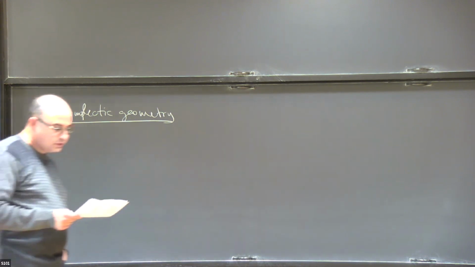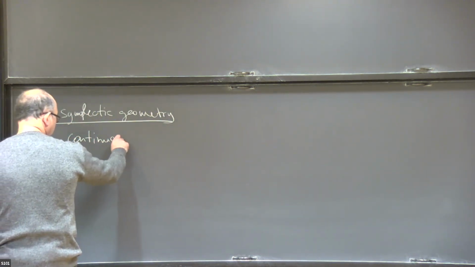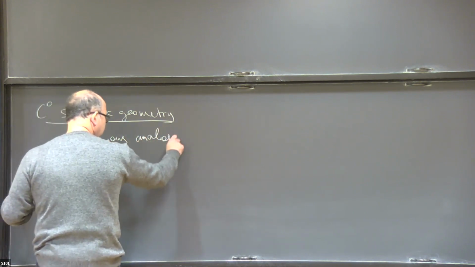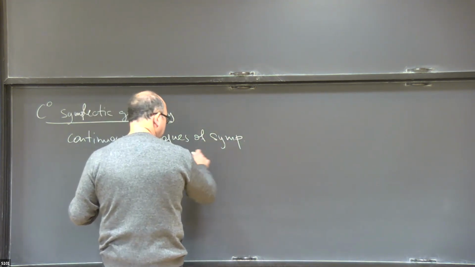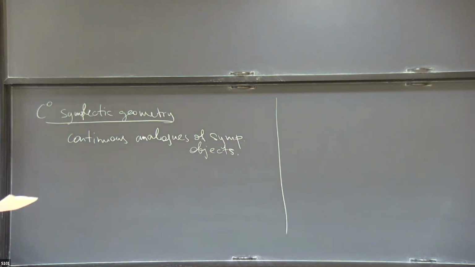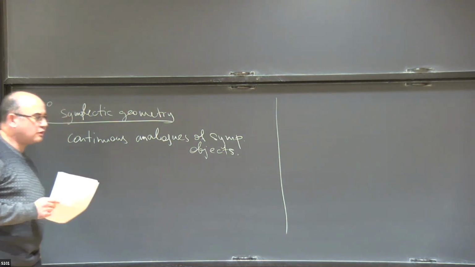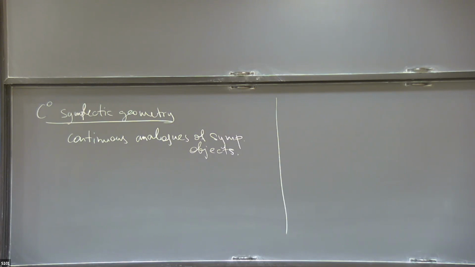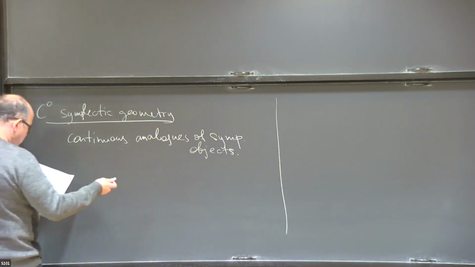So, continuous analogues of objects from symplectic geometry. And we'll mostly focus on one object, which are symplectic homeomorphisms. But first, I'm not sure when this began to be studied, but probably it started with the